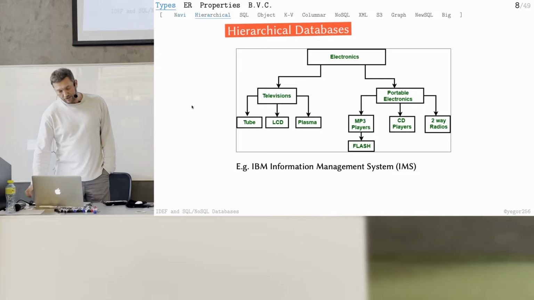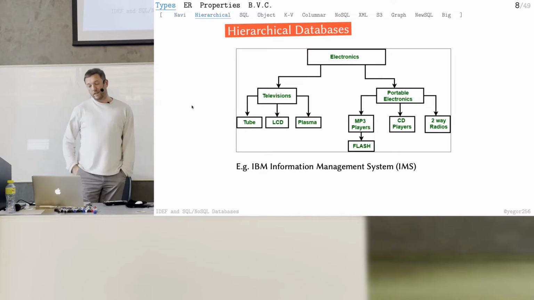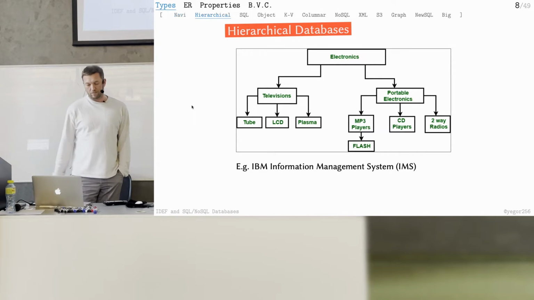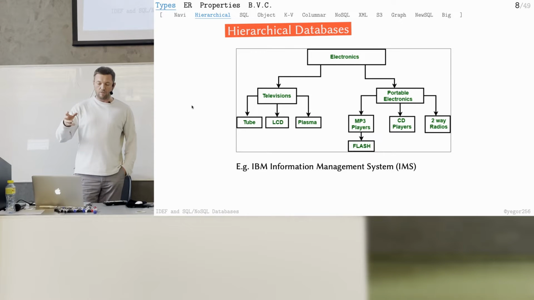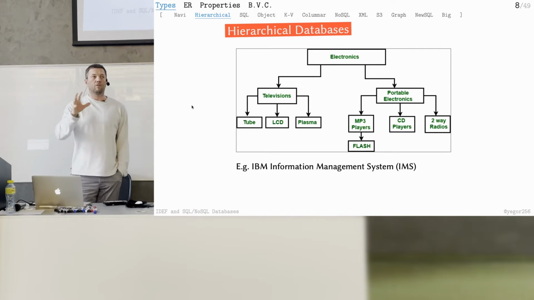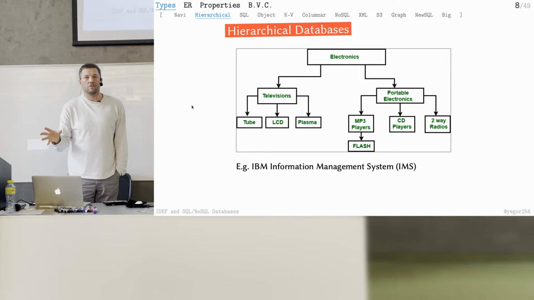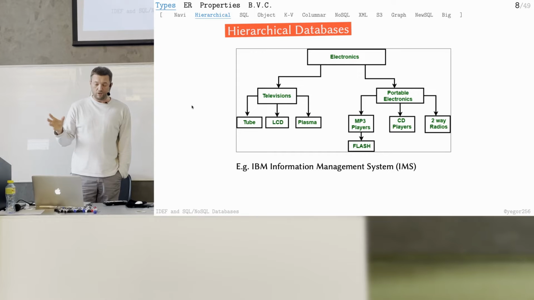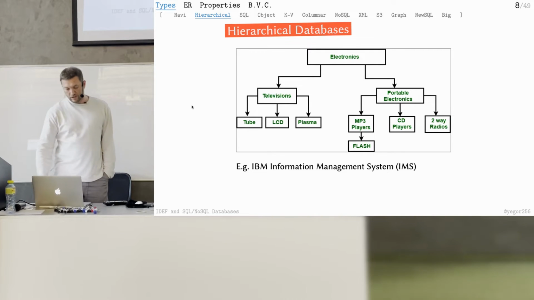Then there were hierarchical databases. Again, I got it from the book. One example is IBM Information Management System, IMS. The idea was that we can present the information in a database in a hierarchical structure. Something on the top, for example, electronics, and then we sell televisions, we sell portable electronics. So probably there were some data chunks or data blocks, maybe tables, but I'm not sure. To get the information from there, you have to know the structure, how it's organized, and hierarchically retrieve the data from there. Again, most probably these systems don't exist anymore.